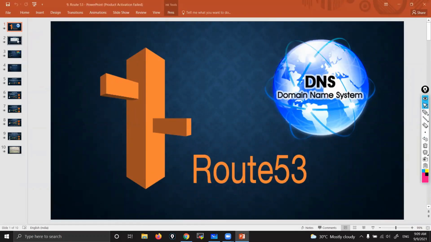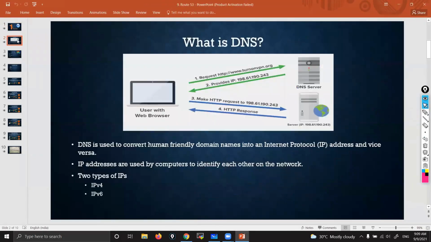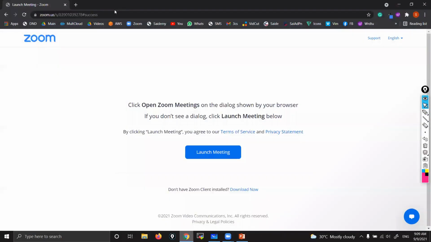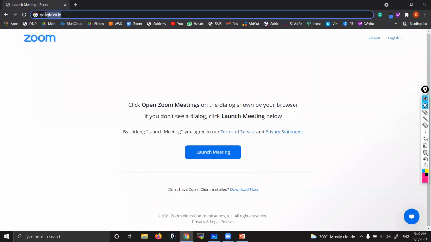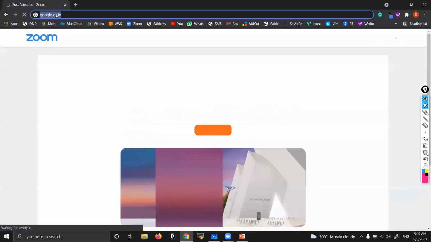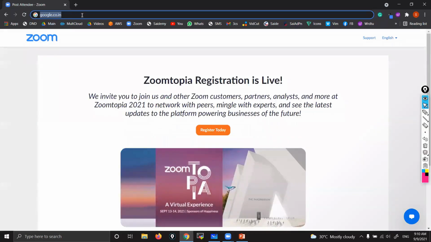The purpose of DNS is to convert IP address to user-friendly name. Let me explain. If you want to access Google, if I know Google's IP address, instead of typing google.com, I can give Google's IP address. Actually, I have to give the Google server's IP address. You remember the web server we created, right? That time I shared one IP address. So if I want to access the Google server, I need to give Google's IP address.